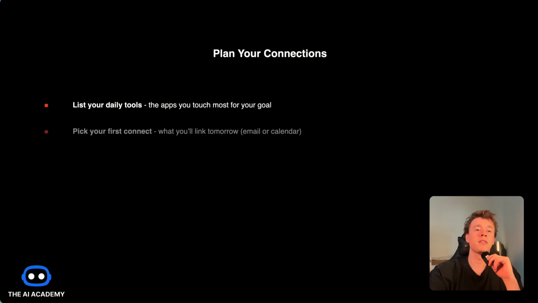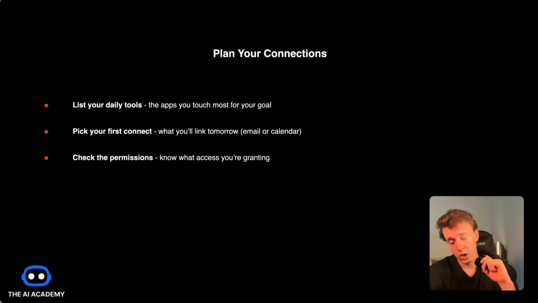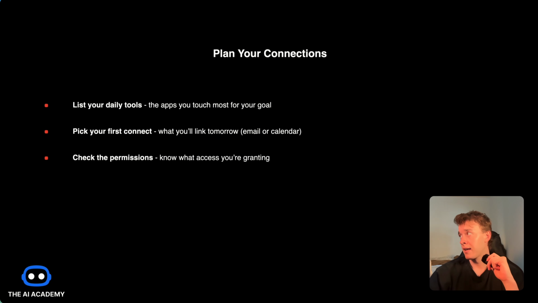So you want to think about what your daily tools should be. So we're going to list out your daily tools, the apps you touch most for your goal. So again, if your goal was to make, let's say like $500 a month, and you were using Stripe and you were on TikTok, you would want to find a TikTok connector for your data, and you would want to connect Stripe. Then anytime you were typing in the chat in your project for this goal, it could automatically connect. So then you could schedule events,